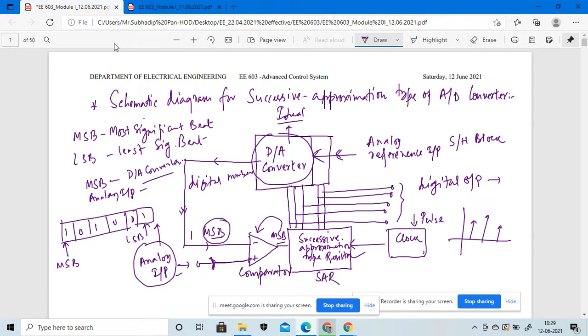In that case we will compare these two particular inputs, and we will offset this particular MSB having a greater value of my analog input, and it will operate whatever process goes inside the register depending upon my clock pulse, right? So depending upon my clock pulse we are getting the digital output, right? So there must be n number of digital outputs, suppose this is n1, this is n2, n3, n4, n5, n4. So this will be the n number of digital inputs that will enter inside the process.